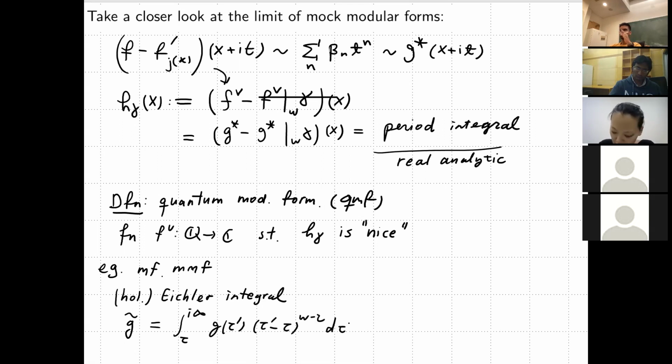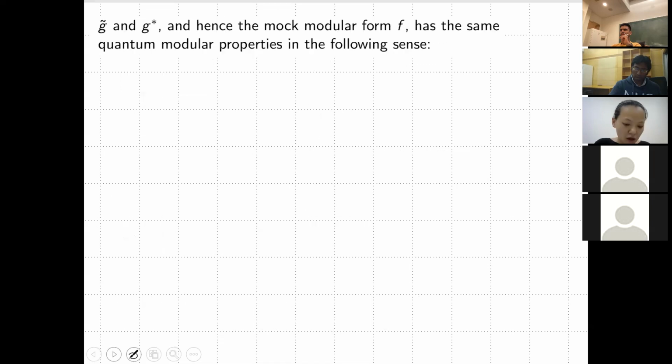And it has led to the full theta function, for instance, that you have seen in previous talks. Also, false theta functions are not mock modular forms. They are not modular forms. They don't have nice modular properties. However, it satisfies the same condition near the cusp. That's why it also falls under the umbrella of a quantum modular form.